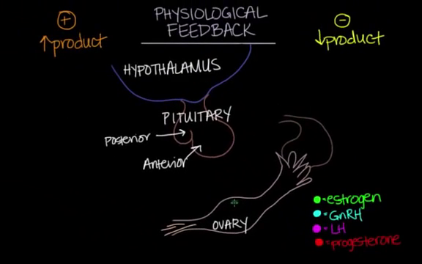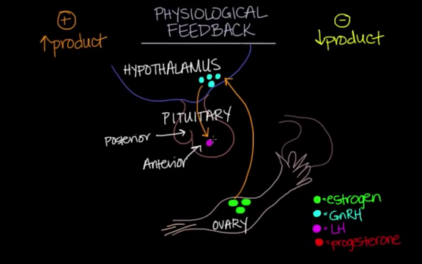So let's start. During the menstrual cycle, and more specifically before ovulation, small amounts of estrogen are secreted from the ovaries. This small amount of estrogen is just enough to trigger the release of two other hormones. So it stimulates the release of GnRH from the hypothalamus and also works to stimulate the release of LH from the anterior pituitary. So this is an example of positive feedback because the process that stimulated estrogen also stimulated the release of GnRH